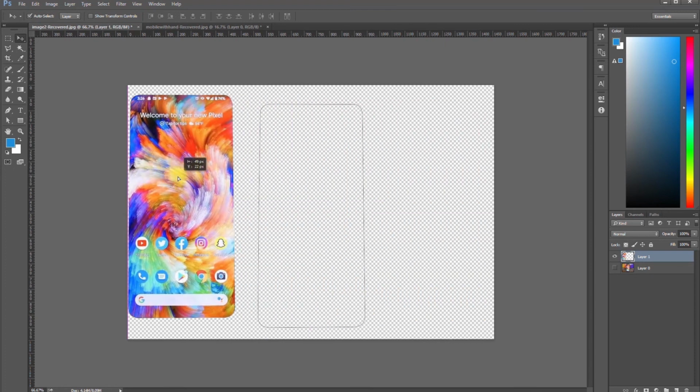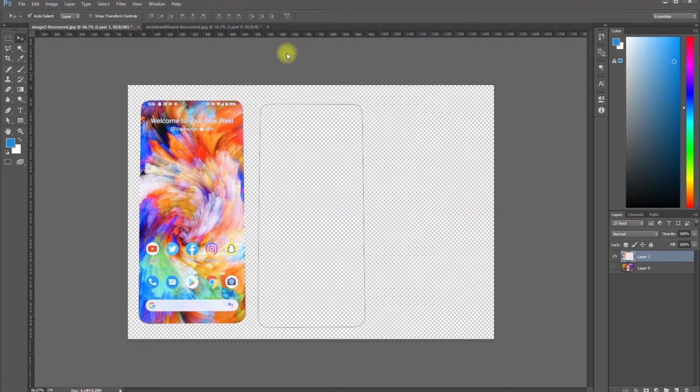And the boundary which is visible on the canvas is from the path, as the path layer is selected. If I deselect this, it will remove that boundary, but this path will remain in the path panel. You can use this path multiple times. And to remove this path line from the canvas, just deselect the path layer. So here is the cutout of the screen.